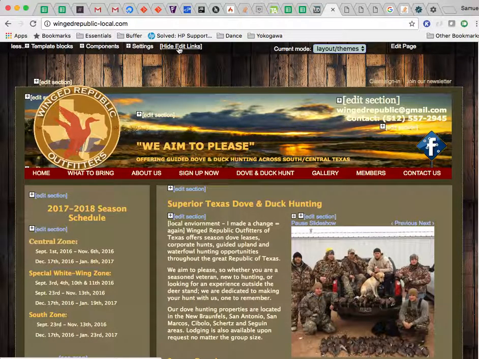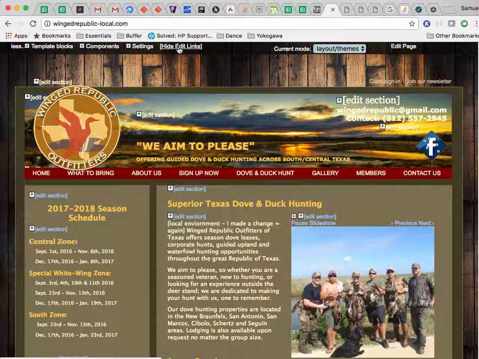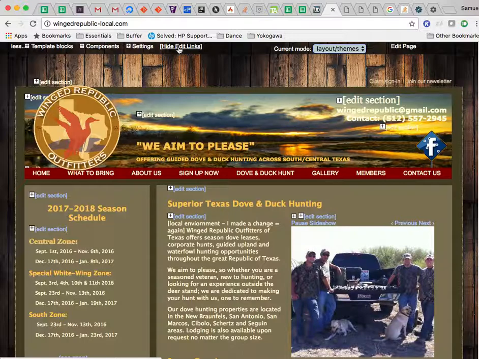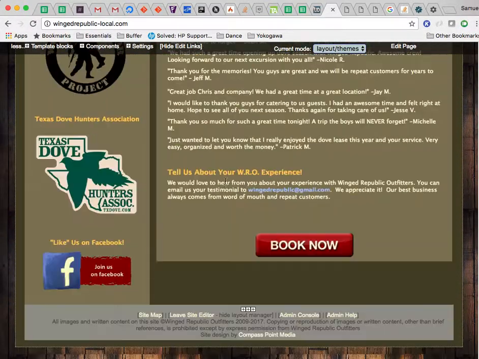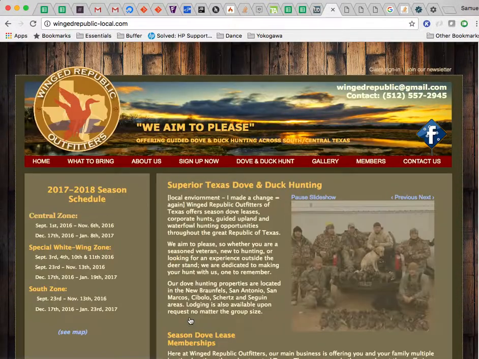Now, Site Editor is intended to be a global login because there are sometimes when you're logged in as a user, you're going to see certain content, and there are sometimes where you will not. So we have to have a way to edit the content whether somebody is logged in as an individual user or not. So that's why the Site Editor is a global login. We're going to go ahead and leave Site Editor,